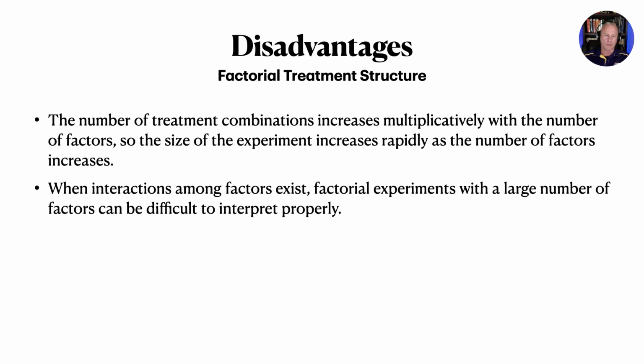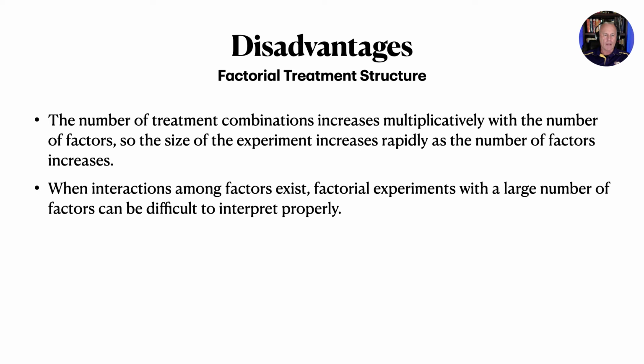Now, what are some disadvantages? Should we call these disadvantages or just characteristics, all right, of this approach? But as we've seen in some of our examples, the number of treatment combinations increases very quickly. It increases multiplicatively with the number of factors used, so that the size of the experiment, the number of experimental units that are required for the experiment, increases rapidly as the number of factors increases. It also increases for a fixed number of factors. The size of the experiment increases with the number of levels that one or more of those factors